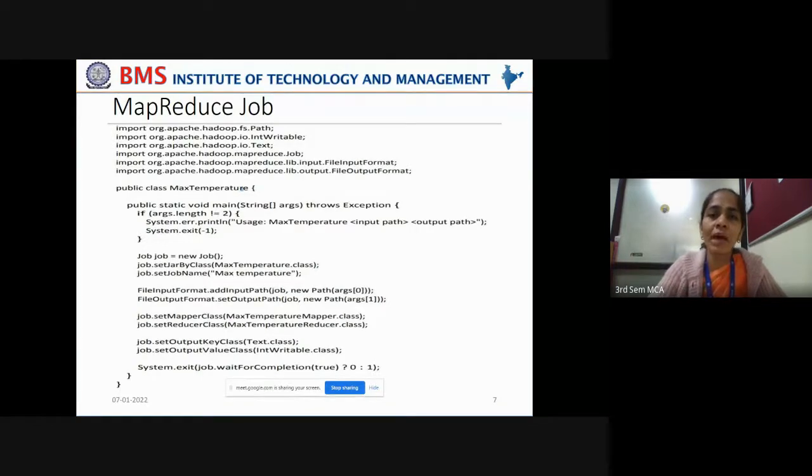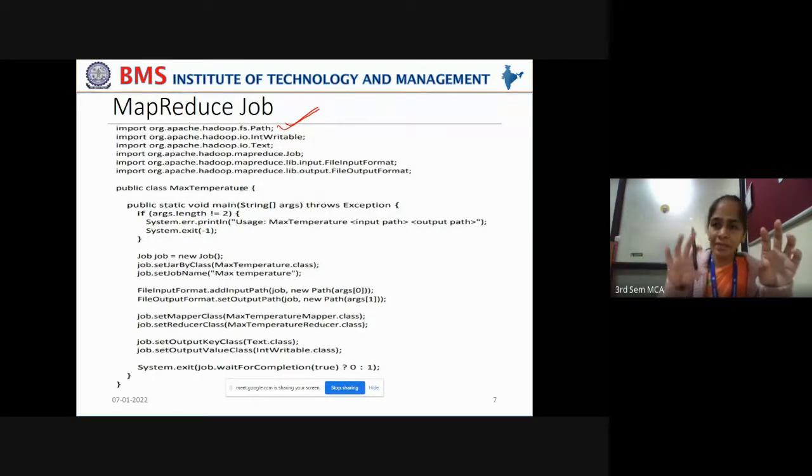Now, how to pack it into a MapReduce job? You have your mapper class ready and your reducer class ready. So your next step is to pack it into a job and give it to the HDFS cluster. For this, first you have to get the Path. You have to import the Path class in order to write your results to a standard file. When you get the results out of the map and reduce phases, those results have to be written somewhere in order to make the client read it. For that, you have to access a file, and in order to access a file, you need a path. For that, you are importing this Path object.